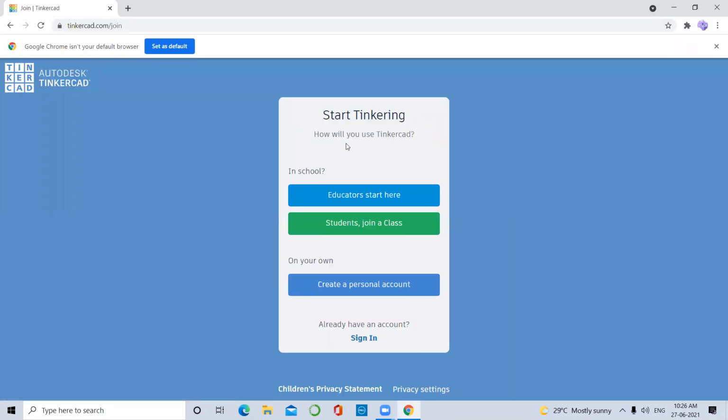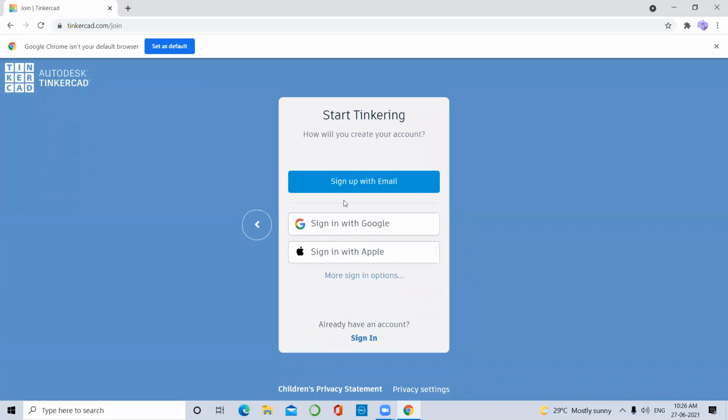If you are in school, you can choose educator start here or student join a class, but I will suggest creating your personal account. If you remember your email and password, just sign up with your email and password. And if you have a Google account, you can sign in with Google by clicking on this, or there was an Apple option also.